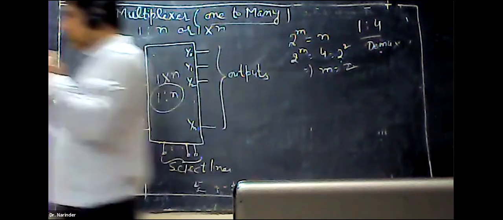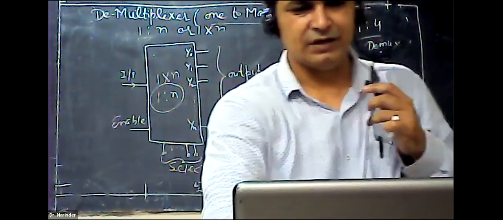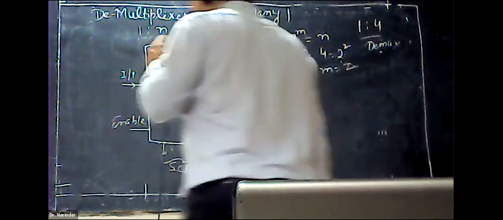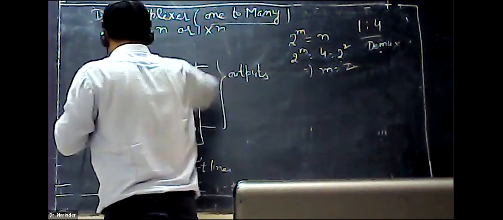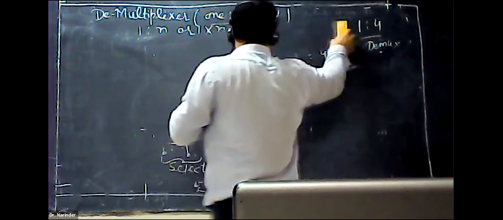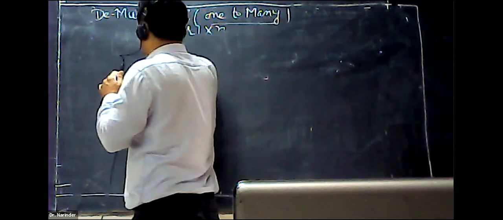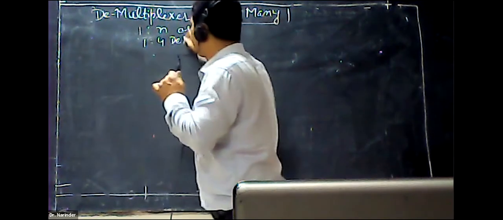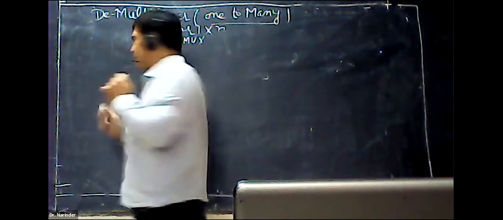Now we will draw the circuit diagram of the demultiplexer. The procedure we adopted in the multiplexer is also the same. Only there is a difference. At the end we were using an OR gate to combine the outputs. That is not required in the demultiplexer. For example, if I have to design a 1:4 Dmux, draw its block diagram first.